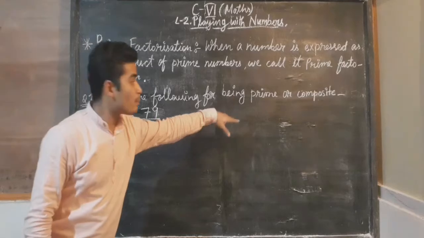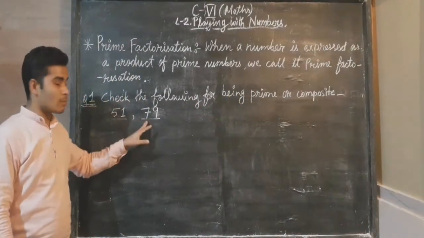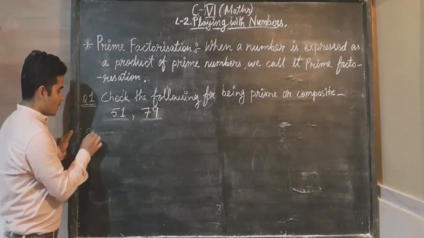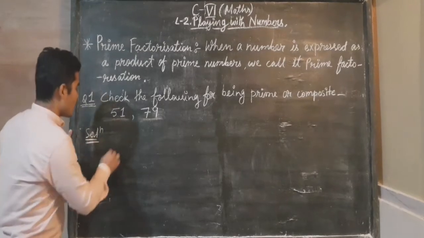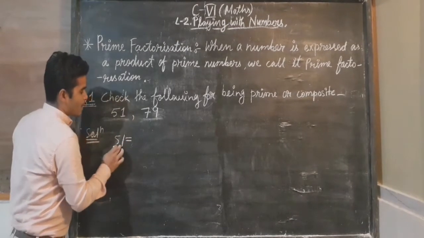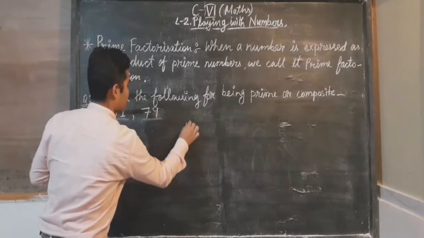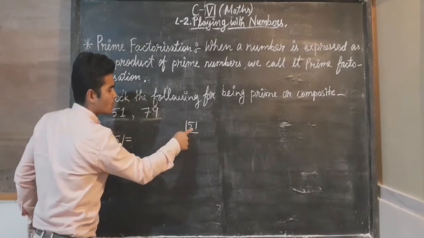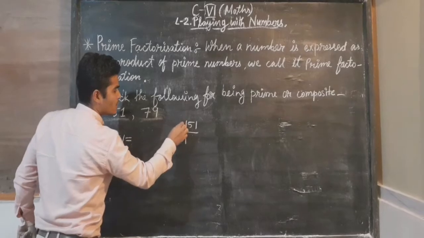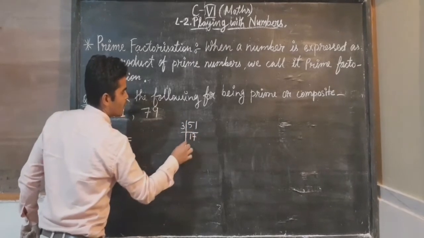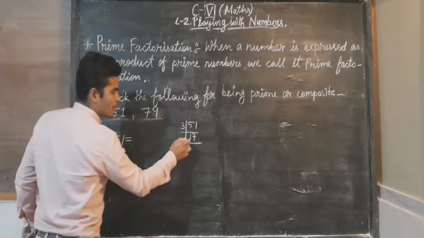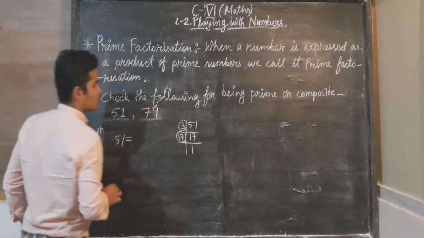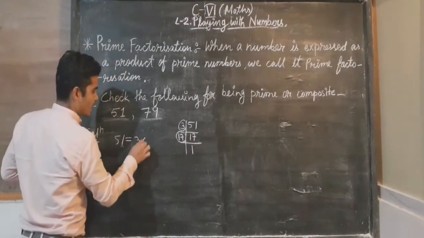Now look at this question. Say whether the following are prime or composite. We have to say whether these two numbers are prime or composite. Now we will find the prime factors of 51 first. So to say whether this is prime or composite, let us find. You see 51. For prime factors of 51, we have to divide it by 2 first. It is not going by 2. Then we will move to the next prime number, that is 3. If you divide this by 3, then you will get 3 17s are 51. Now 17 1s are 17. So these two are prime factors of 51, 3 and 17.